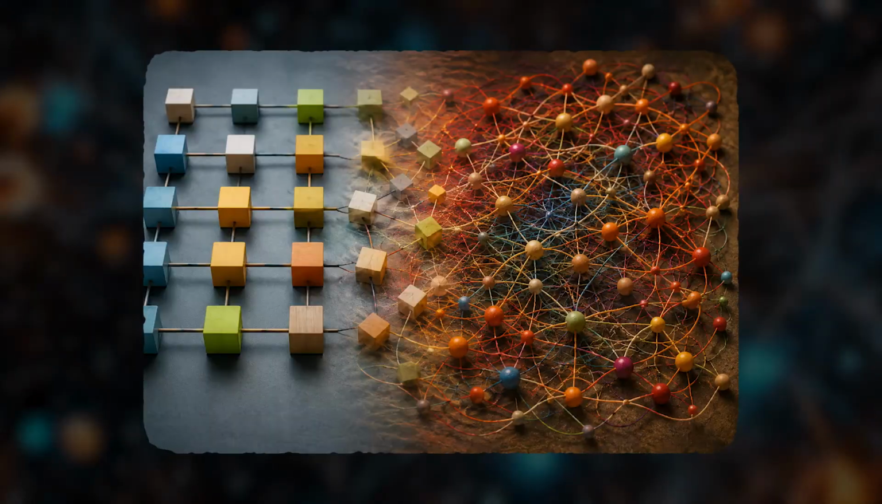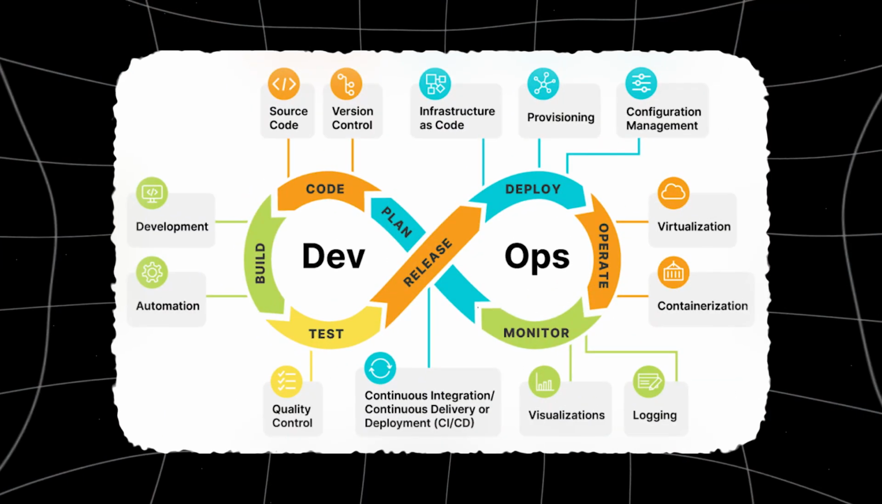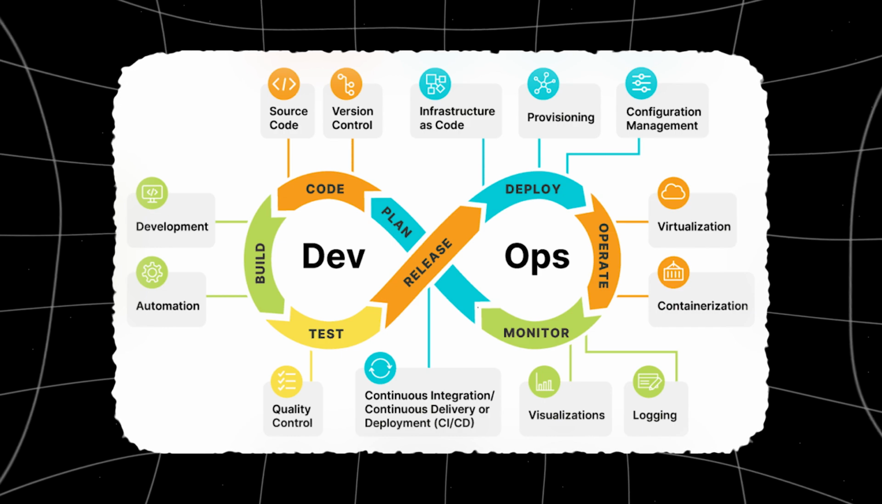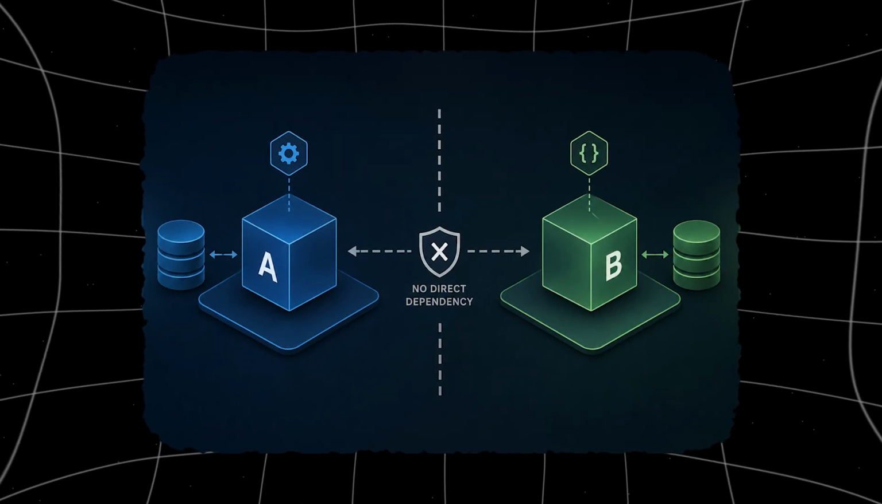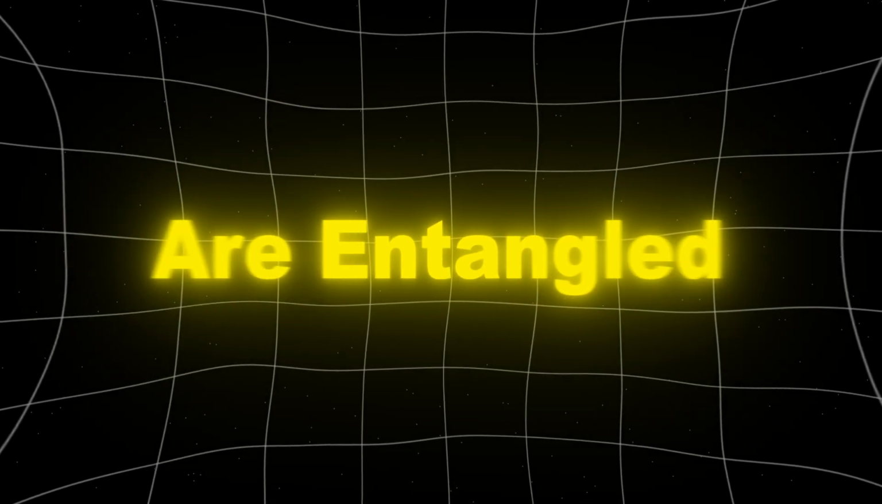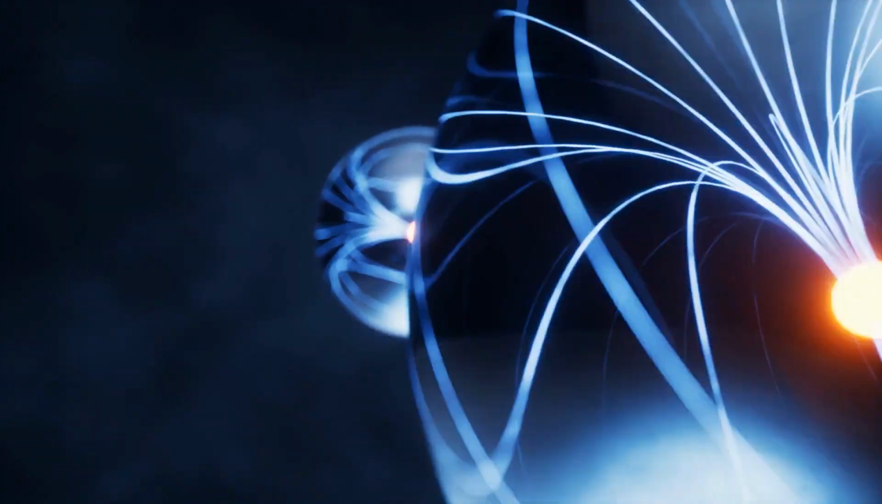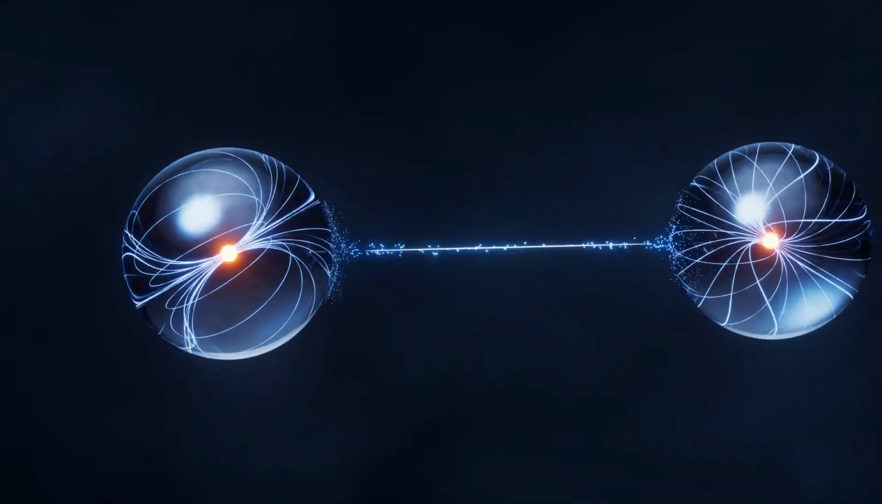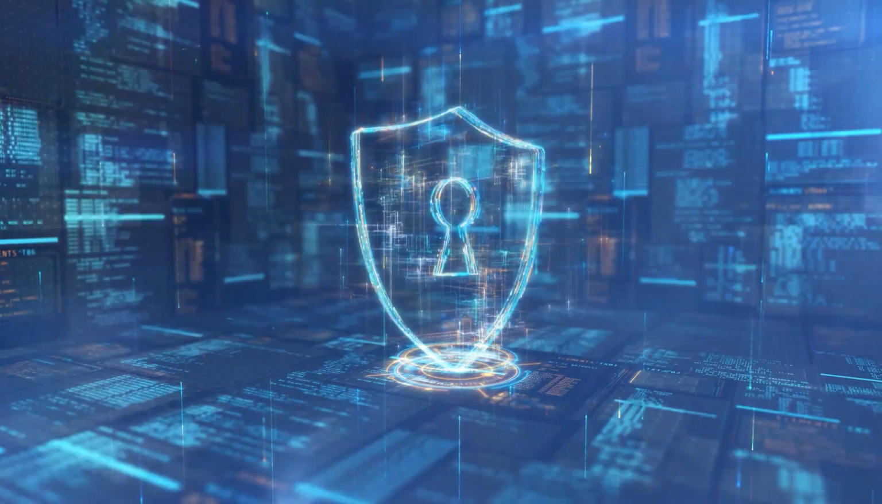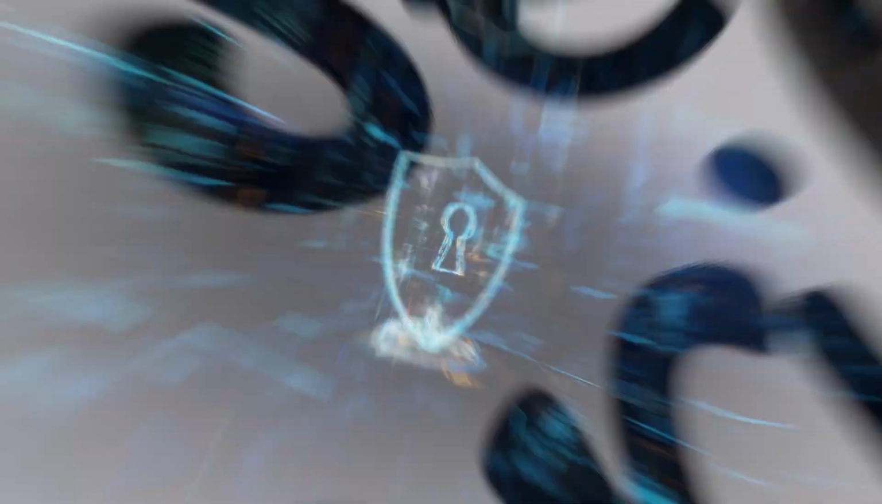One of the most profound shifts is moving from modular thinking to entangled thinking. In classical DevOps or systems engineering, we try to decouple everything. We want microservice A to be completely independent of microservice B. But in the real world, systems are entangled. Quantum entanglement means that two particles are linked such that the state of one instantly influences the state of the other, regardless of distance. In a complex engineering environment, your security protocols are entangled with your latency, which is entangled